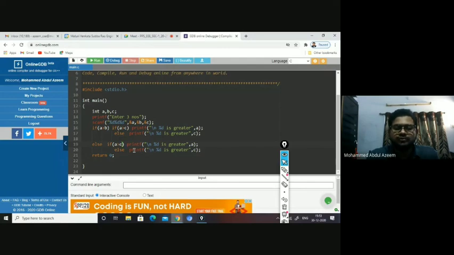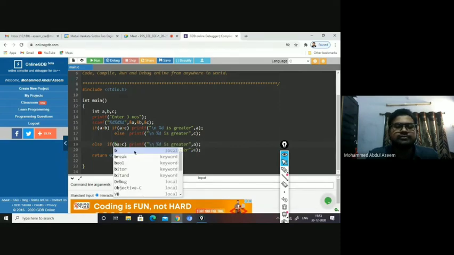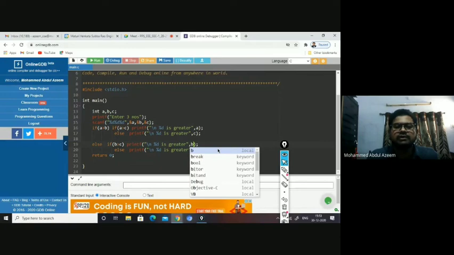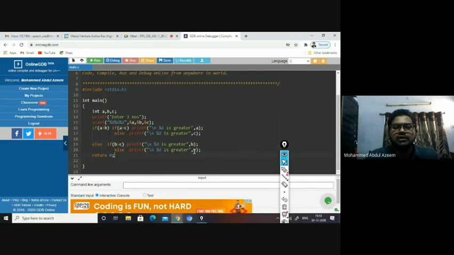So here, what are you going to check in the inner if of the outer else? B greater than C, yes? Because you come to else when this condition is false, it means B greater than A is already confirmed at else. Now you are going to check whether B is greater than C as well. Then you print that B is greater, right? And if this condition is false, then you come to the else part, where in the else part you say that C is greater.